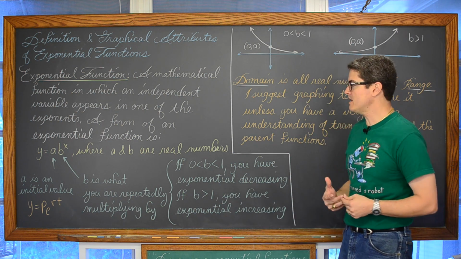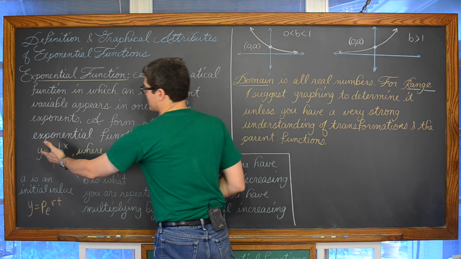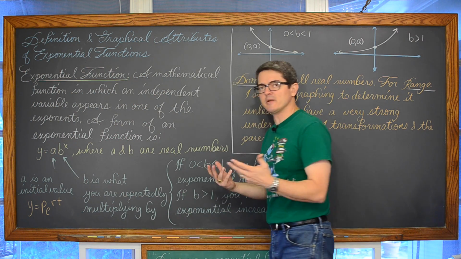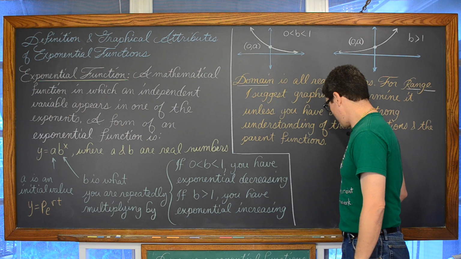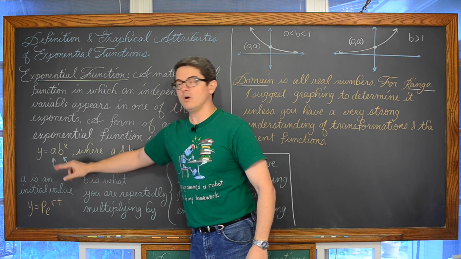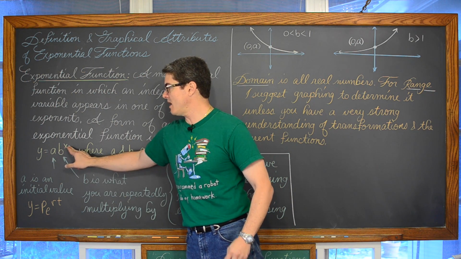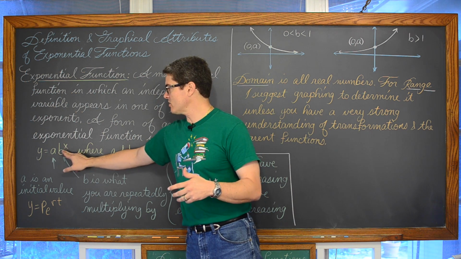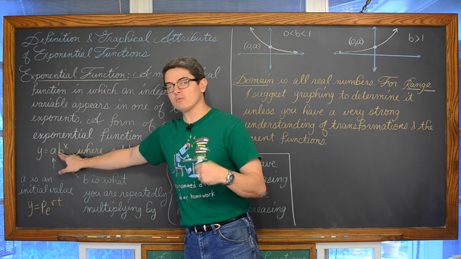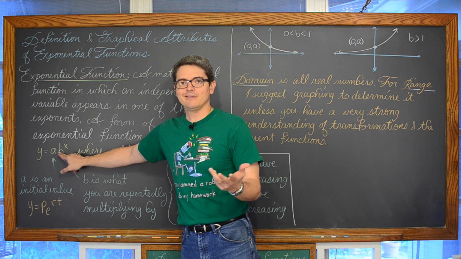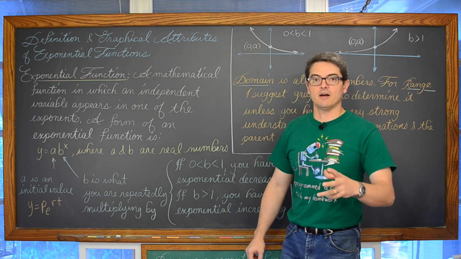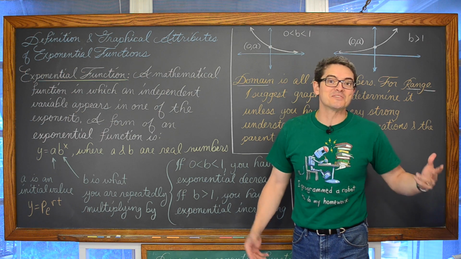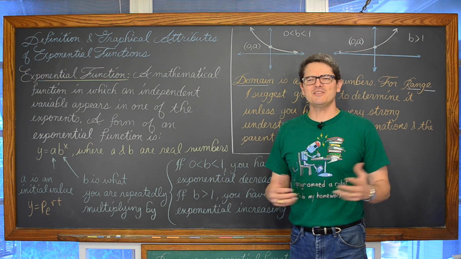It wouldn't make any sense to be talking about exponential growth or decay or an exponential function if the base were equal to 1, because you would just be multiplying a certain number of times by 1 repeatedly. If you multiply by 1, nothing changes. 5 times 1 is 5, 5 times 1 and 1 and 1 and 1 is still just 5. Did I just say that wrong?